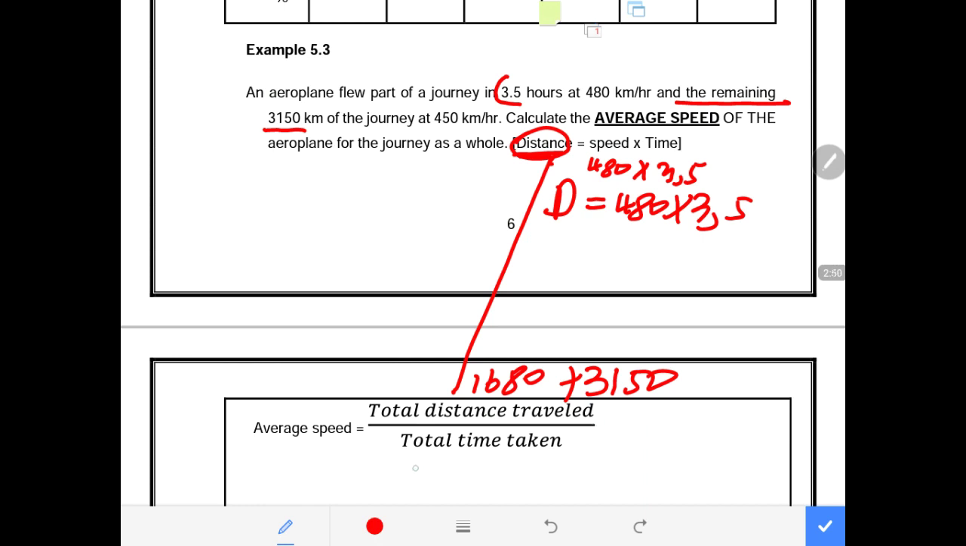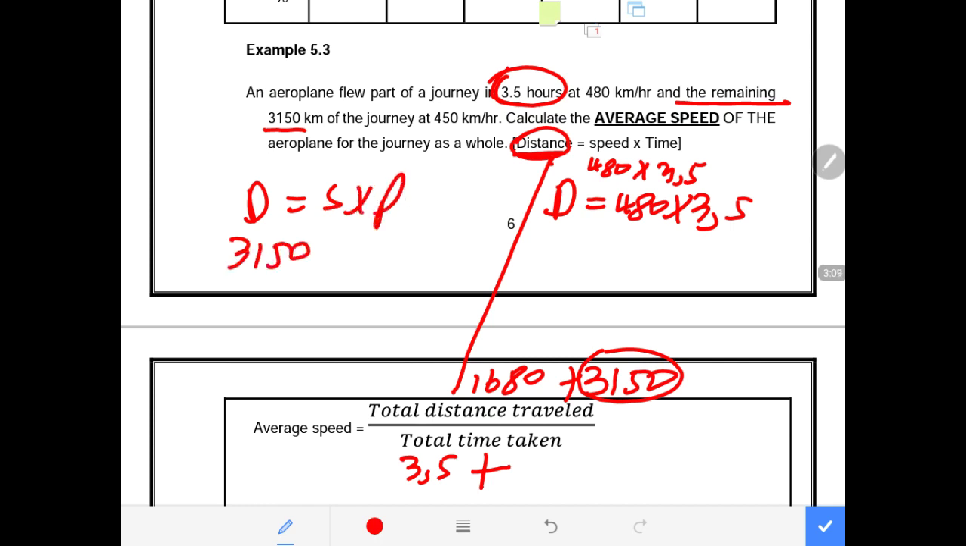So now we are looking for time. Remember, we said it's divided by time. We are given 3.5 hours for the first journey, but we don't know the time for the second journey. For the second journey, we are given the distance. We know that distance is equal to speed times time, and the distance is 3,150 for the second part of the journey, and we do have the speed. The aeroplane was traveling at 450 kilometers per hour for the remaining journey, times